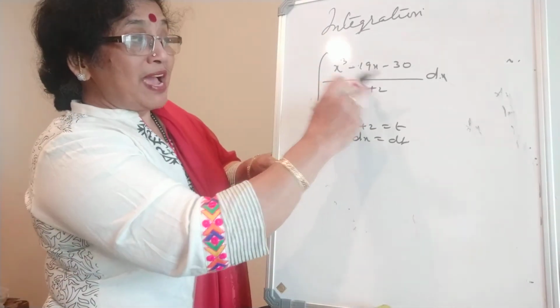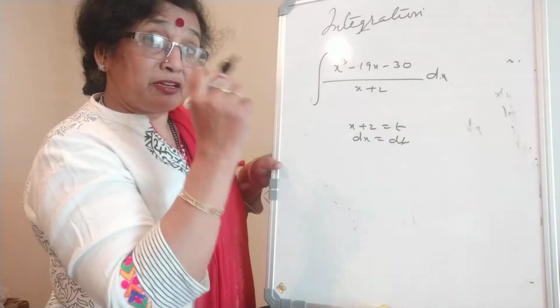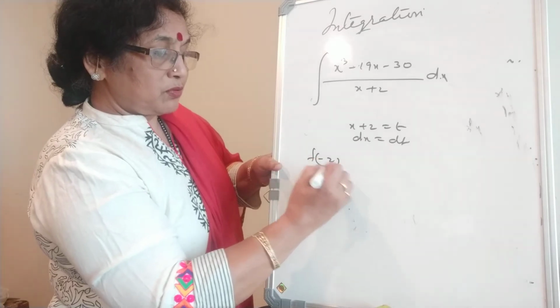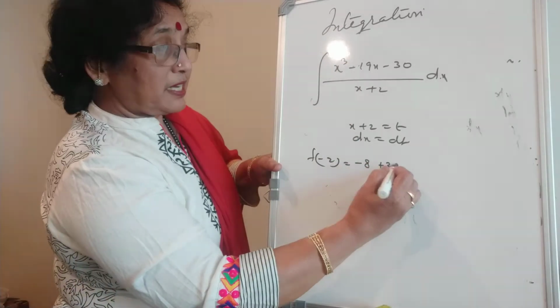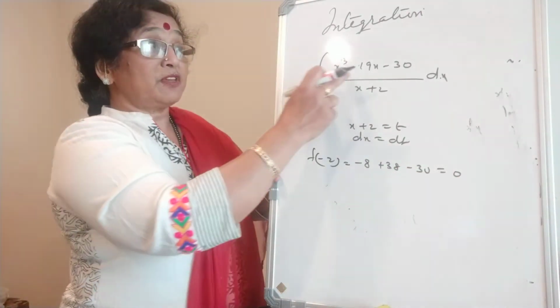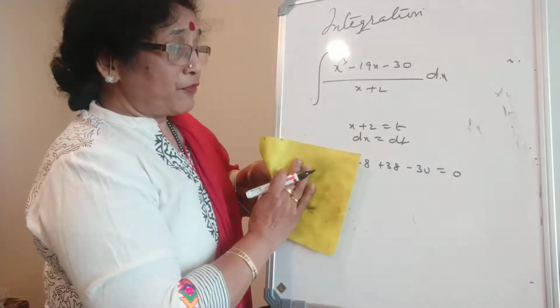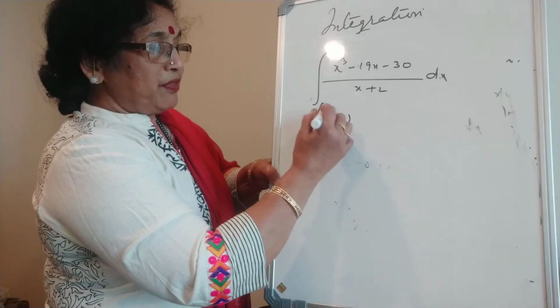Right? So you have like x plus 2 is a factor. How do you know, factor method? You put x as minus 2. If you do f of minus 2 in this, that is minus 8 and plus 38 and minus 30. You're getting 0. That means x plus 2 is a factor of this. Am I right? So therefore, if you factorize, you get x plus 2 and the remaining factor